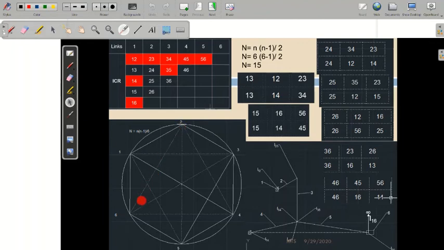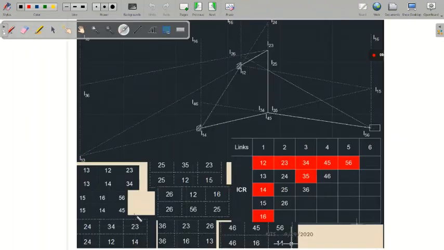Similarly, if you connect 2 and 6, what else can you get? 5 6 2 5. So write those things. Okay, 1 2 1 6. Where is 1 2? This is 1 2. On this line I have 1 6. Where are 5 6 and 2 5? This is 5 6 and this is 2 5.